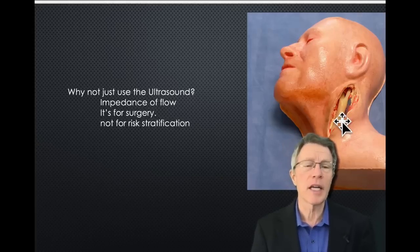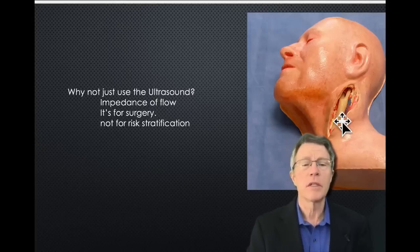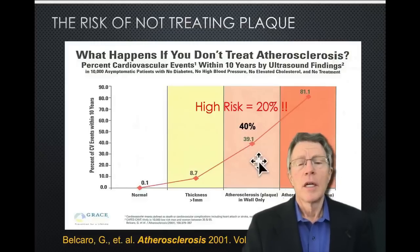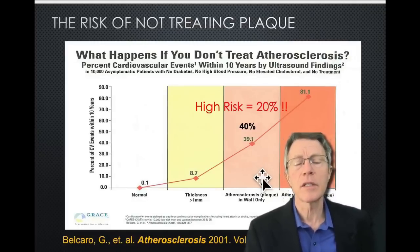For example, in Nashville, there were probably about 300 places where you could get a carotid artery ultrasound, but only 2 or 3 where you could get an actual CIMT. We often had people fly CIMT techs over to do a series of CIMTs. So why not just do the ultrasound? And why are we looking at